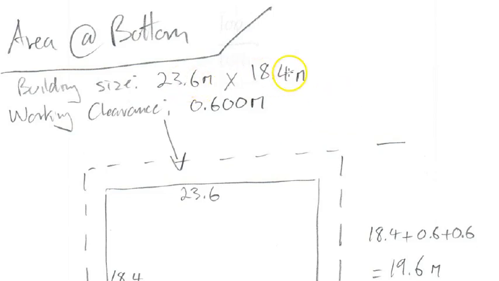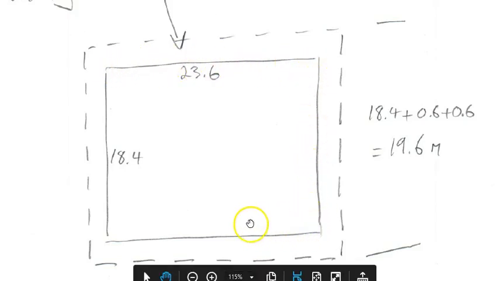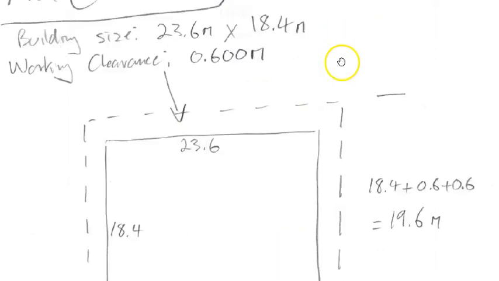So I have the building size, and then I have a working clearance, or a working allowance, whatever you want to call it. That is going to constitute the area at the bottom of our excavation. So we're going to need to dig out enough of an area to capture the building, plus a working clearance all the way around. This solid line indicates the building, and these are the building dimensions. And this dashed line indicates a working clearance allowance that we have, which we're calling for here is 0.6 meters